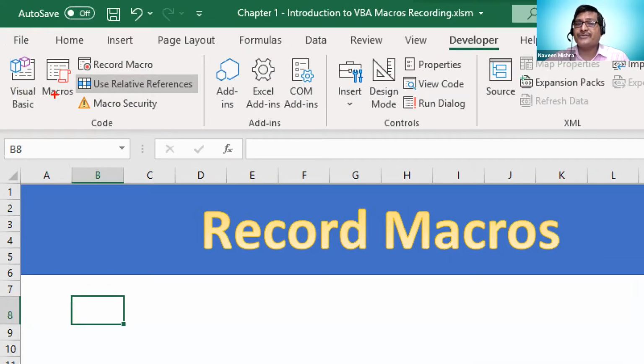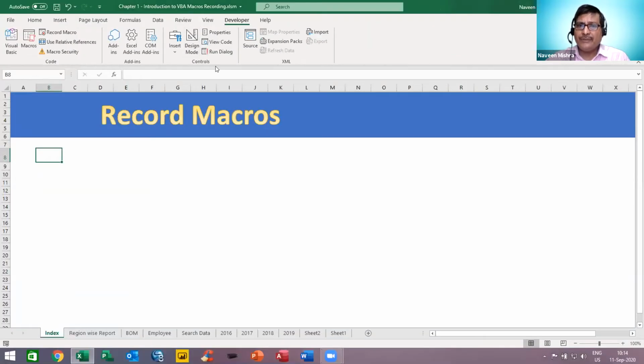So we have three options: Visual Basic, Macros, and Record Macro. But before I start, I will show how to enable this Developer tab and how to create a macro in MS Excel 2007, 10, 13, or 16 version.